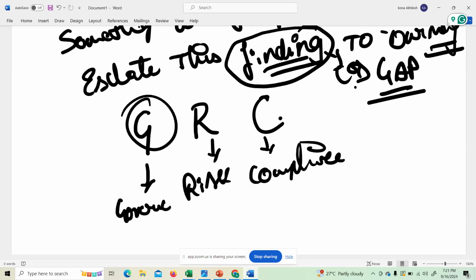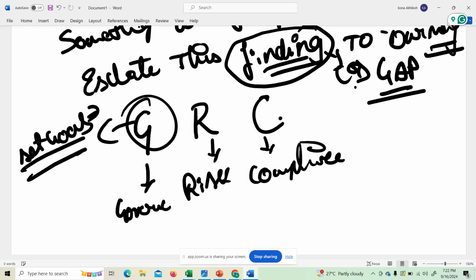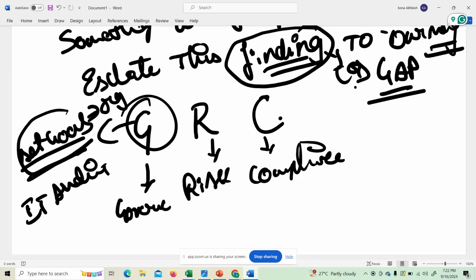Governance means how we are managing all the teams inside the organization. There is a set of goals for each and every team according to the organization's perspective. The IT auditor will see whether the teams are performing according to the goals set by the organization or not.